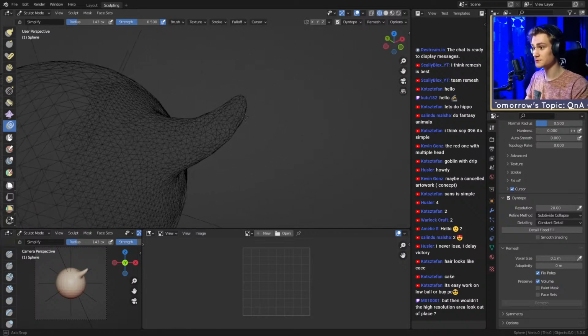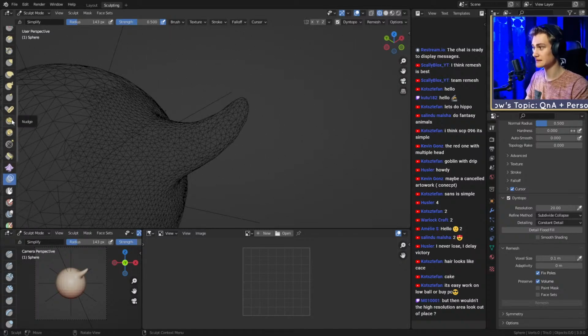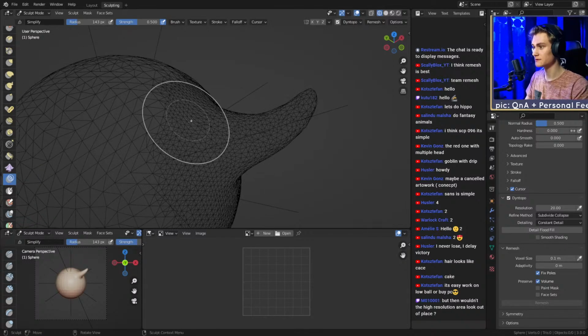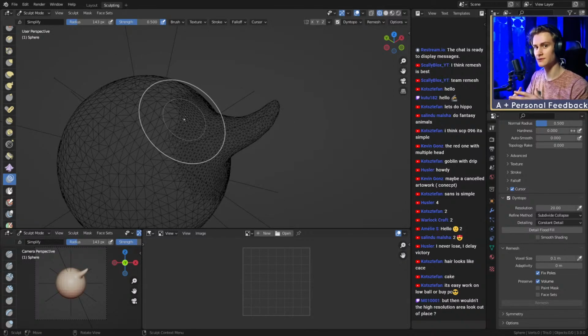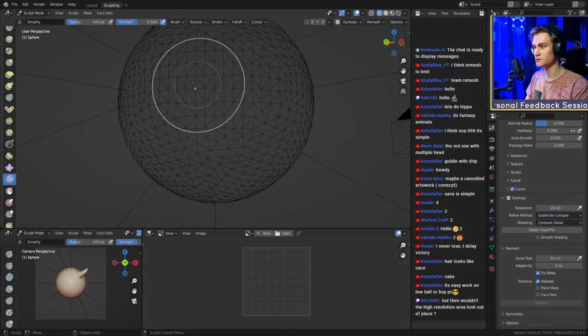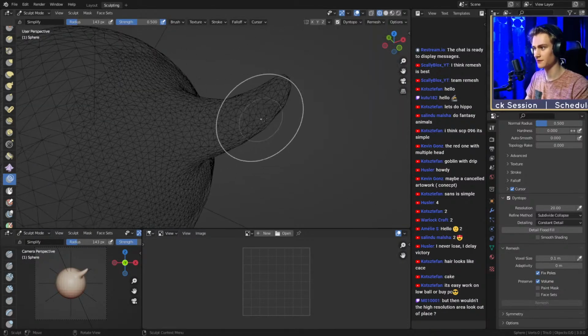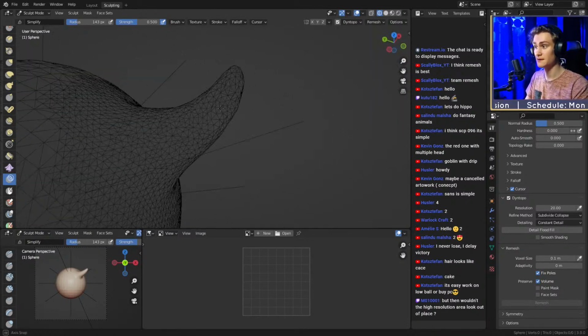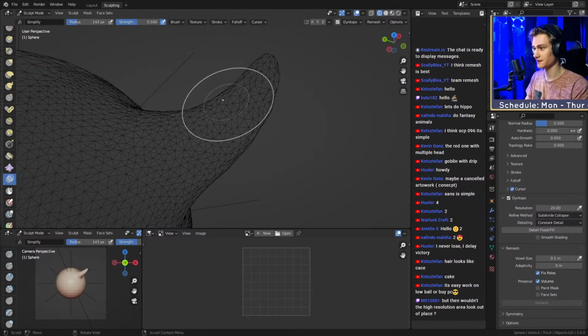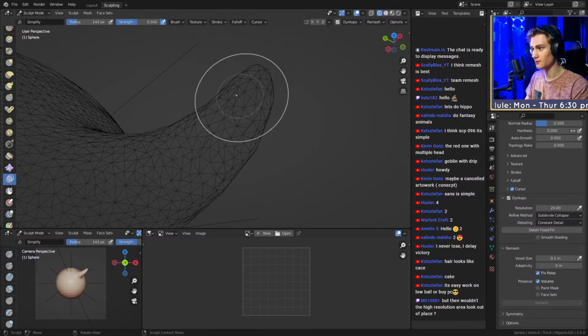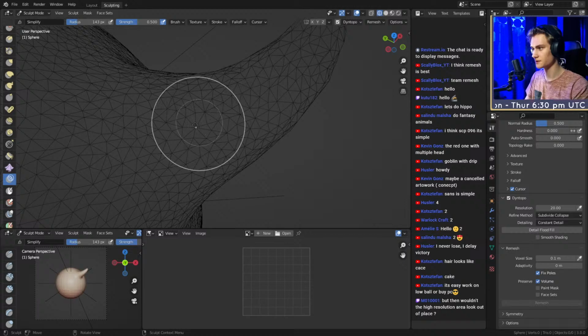We only have resolution more in this area, which is of course the benefit of having dynamic topology. You don't, I guess, bog down your PC by having way more resolution over here where we don't need it. We don't want to have a horn down here. We only really want to have a horn here. So we only really apply more resolution here. Maybe we want to make this very, very detailed, you know? Maybe we just want to have like a small ridge going down in this area here, like a small edge,